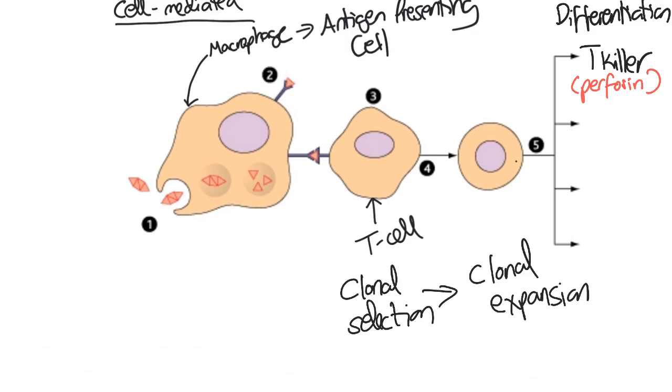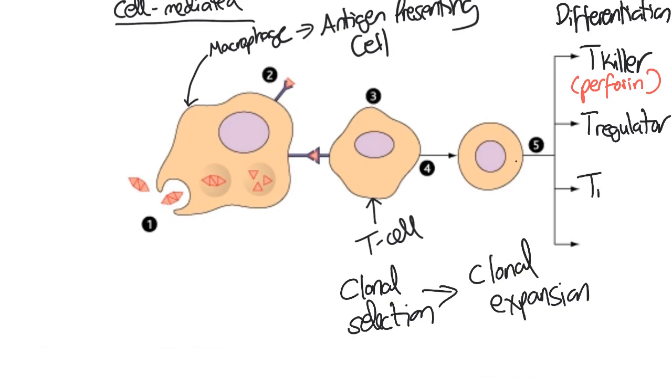The other kind of cells that are made are T regulator cells, also called T suppressor cells. These work to inhibit the immune response so that your body doesn't keep wasting resources making more and more T cells or B cells when it's not actually needed. So it inhibits the immune response when you've already dealt with the problem.